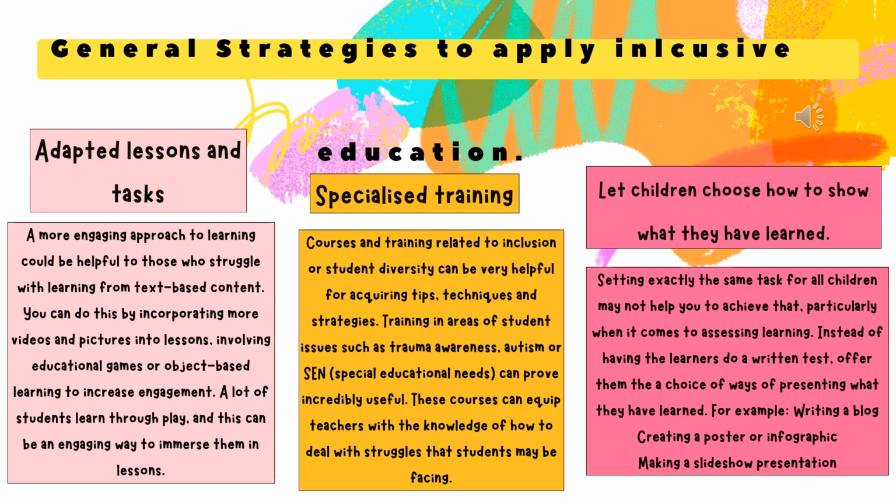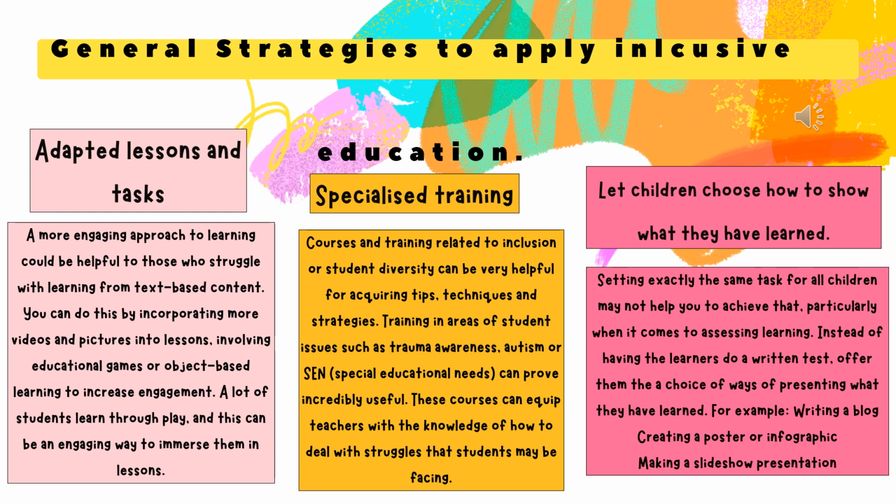General strategies to apply inclusive education. Adapted lessons and tasks. A more engaging approach to learning could be helpful to those who struggle with learning from text-based content. You can do this by incorporating more videos and pictures into lessons, involving educational games or object-based learning to increase engagement. A lot of students learn through play, and this can be an engaging way to immerse them